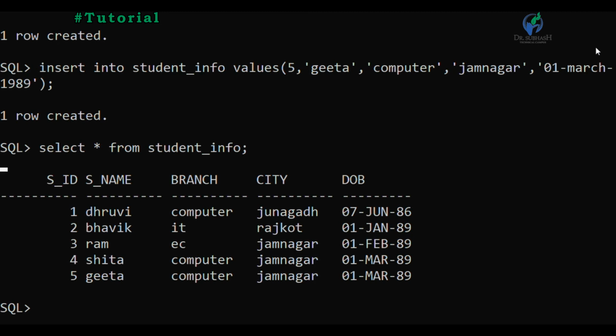Our next exercise is to perform a commit. I write commit. Let us see.